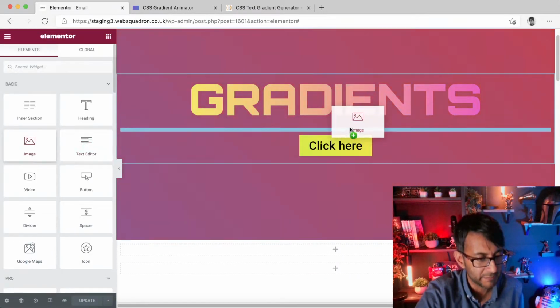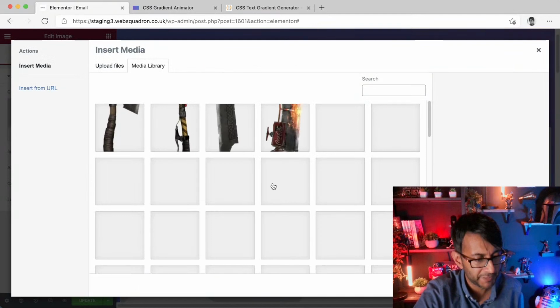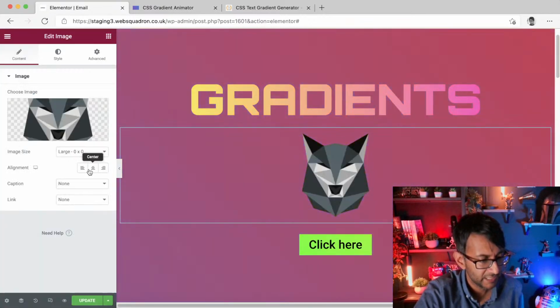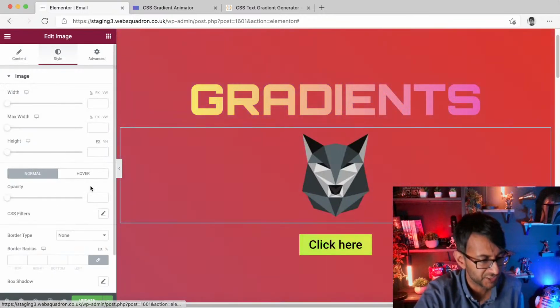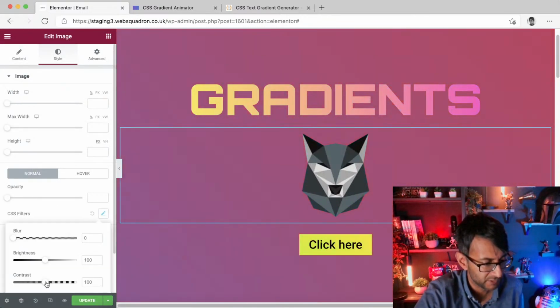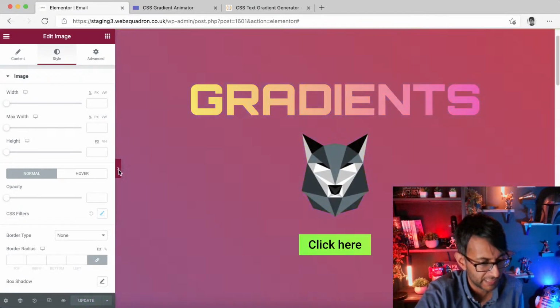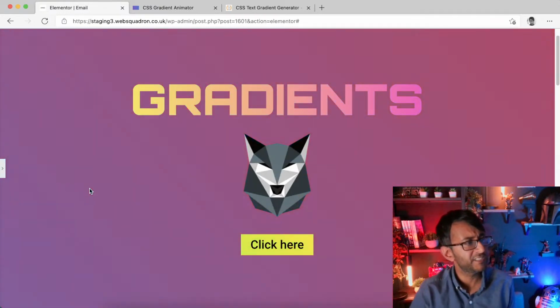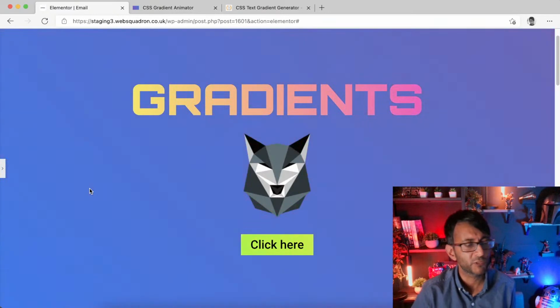And I'm just going to add in an image over here. We'll go with this wolf image that I've got here. We'll leave it as the size it is. We'll go to style. We'll give it some filtering, increase the contrast a bit and the brightness. I might just do something like that. Update that. Okay, and it's just like, you know, when you have a gradient going on in the background and maybe you've got some images,